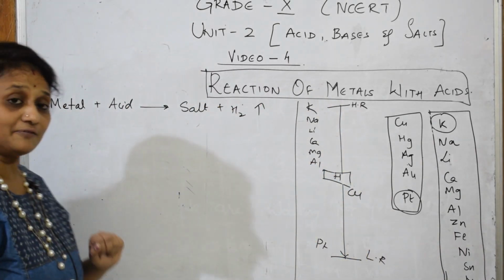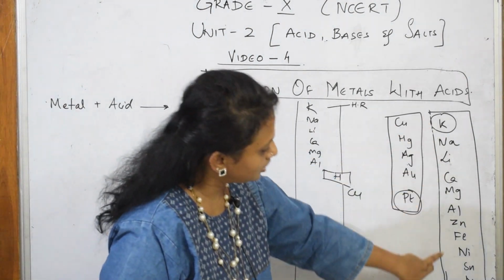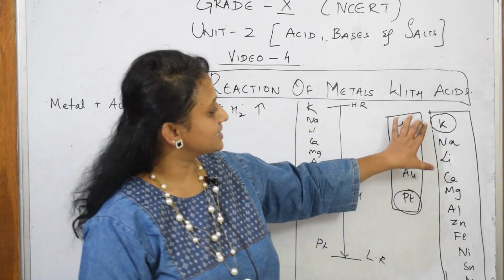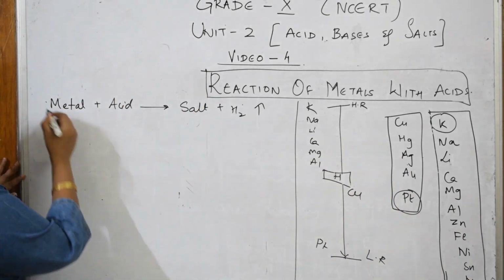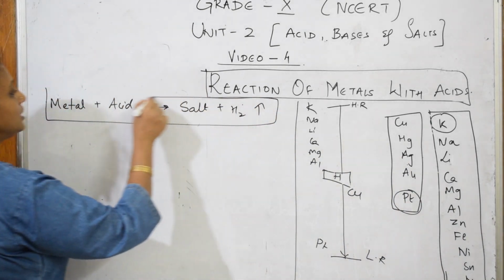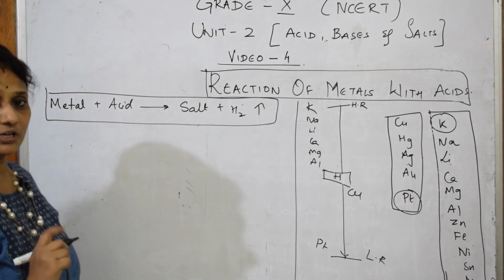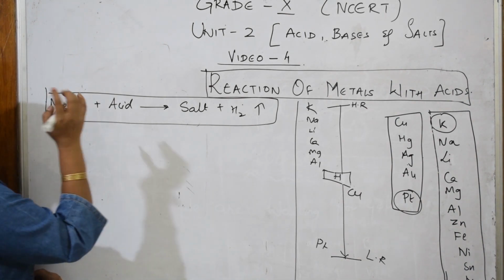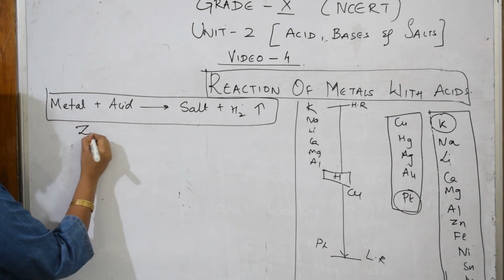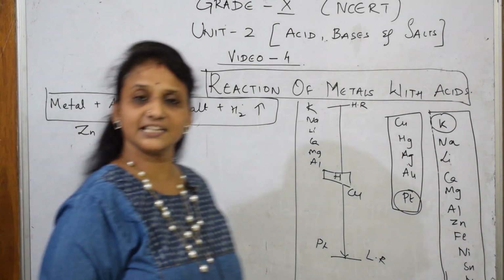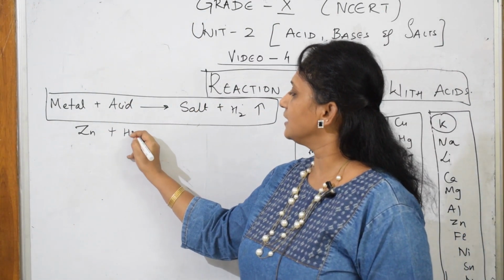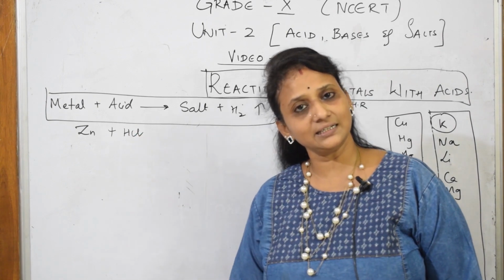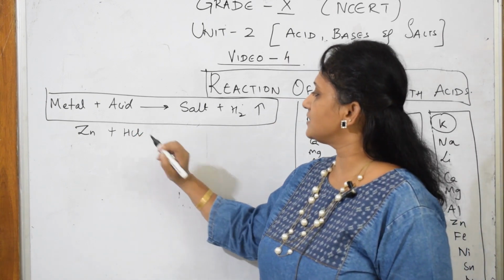Now in this, which metal? You can pick up any of these metals, no problem. Basically, highly reactive metals are more preferred. Done. Now with this, I have to see what the possibilities were. When I say metal, I said I'm going to take zinc. Yes, students, zinc is the metal which I have taken. Then I have taken an acid, HCl. Now I'm going to take dilute HCl in this. Okay, dilute HCl is taken.